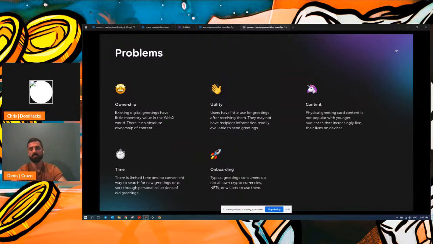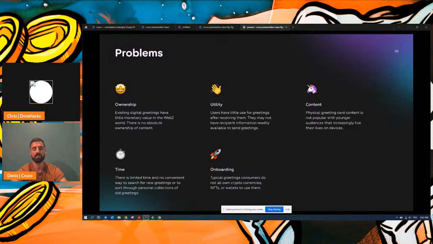So what problems do we want to solve? Of course, ownership, because existing Web2 platforms like Hallmark, American Greetings, and Moonpig don't give ownership. Also, thanks to blockchain and NFT technology, we can add utility to greetings or NFT invites, so they can be the key to access somewhere or give you some benefits by owning them. We also want to generate a new type of content to make it popular among a young audience.